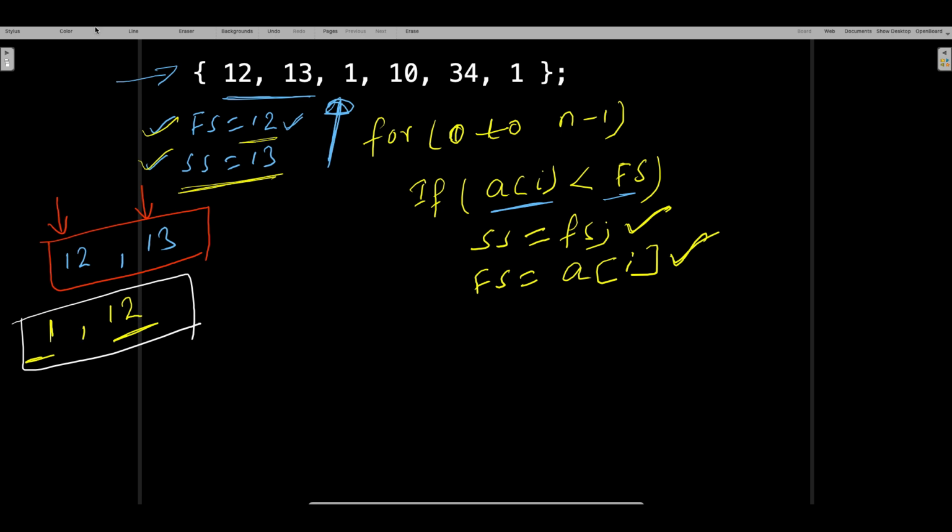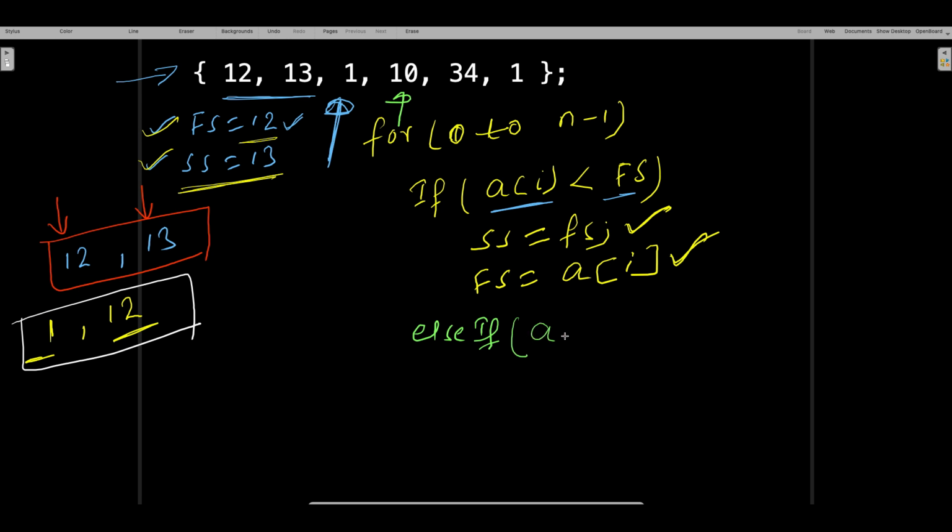Now think about this 10, this guy 10, right? Now you came to 10. Now when you came to the 10, you try to correlate here: 1, 12 we have, this is the first, this is the second smallest number. Now you got a 10. So of course 10 is bigger than 1, right? 10 is bigger than 1, but definitely 10 is not bigger than 12, and this is your second smallest number. So you can write one more else if. You got it? How you should frame the program. In else if you can write